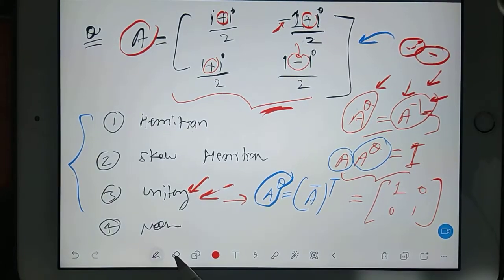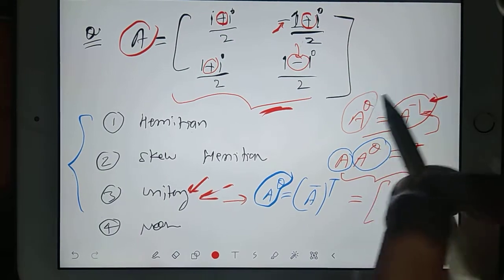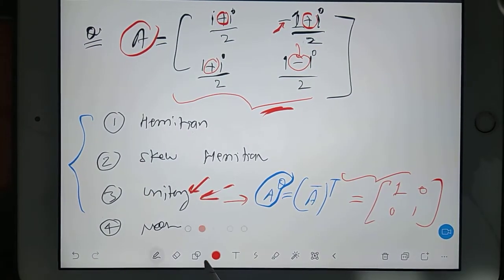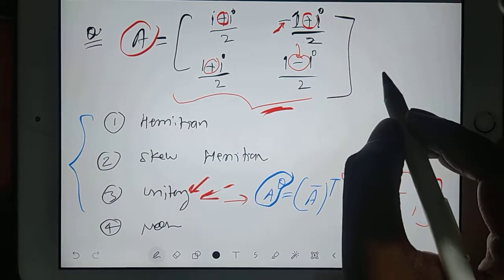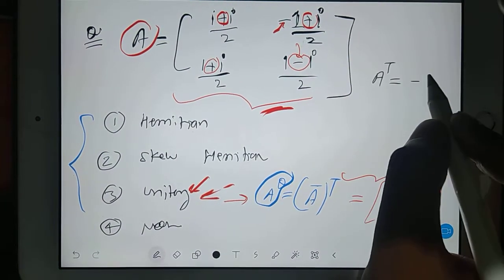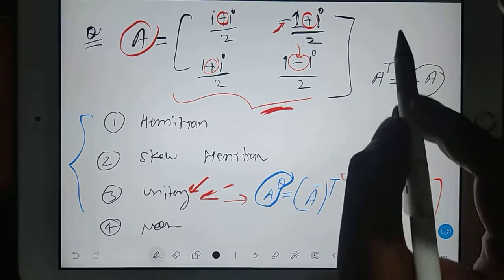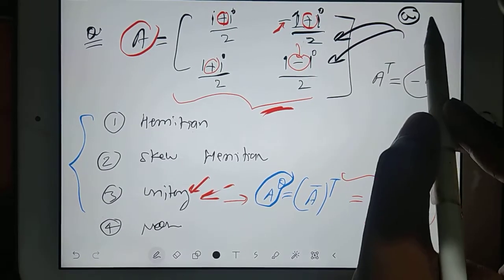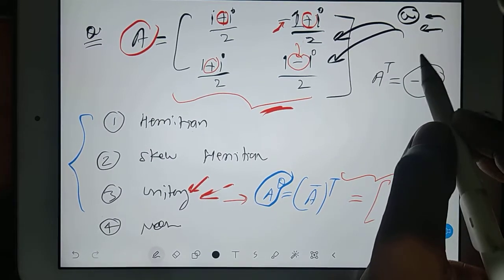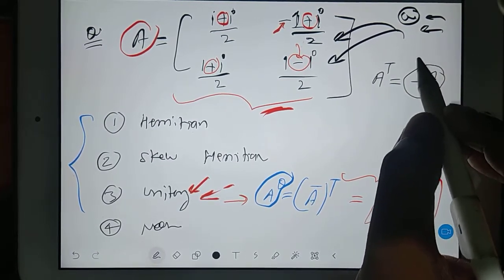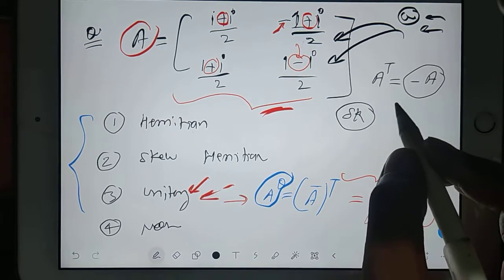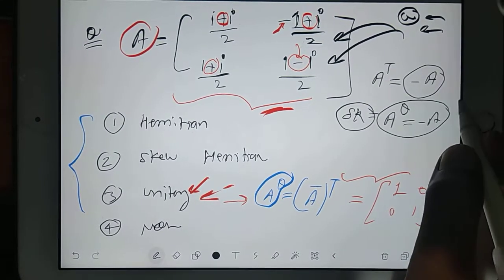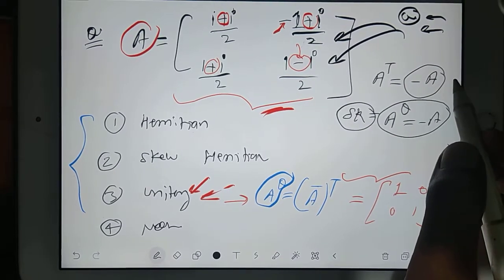We can definitely decide any matrix, not only this. Basic concept, you apply the basic concept. You find out the transpose. Is it coming minus A? But what kind of matrix is it? It is a complex matrix. So in case of complex elements, how do we define? We go for skew Hermitian. In case of a skew Hermitian, A power theta must be equal to minus A. We can do that.